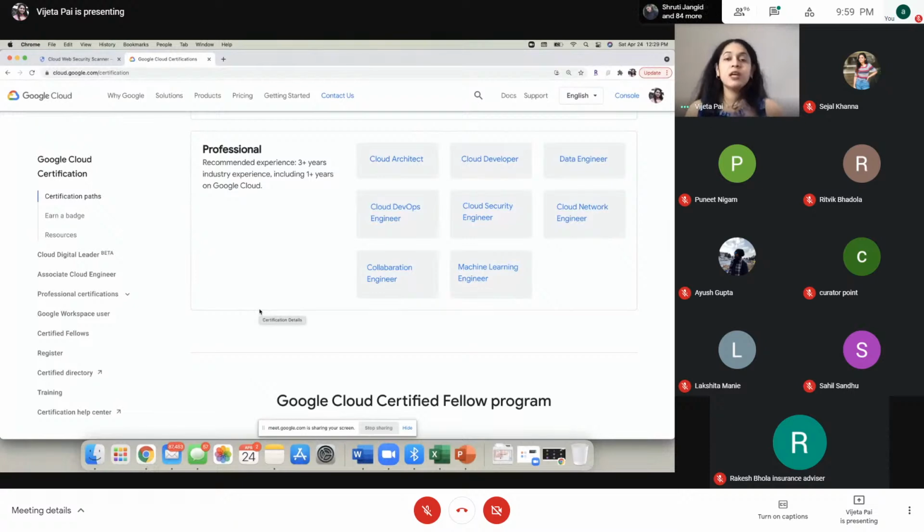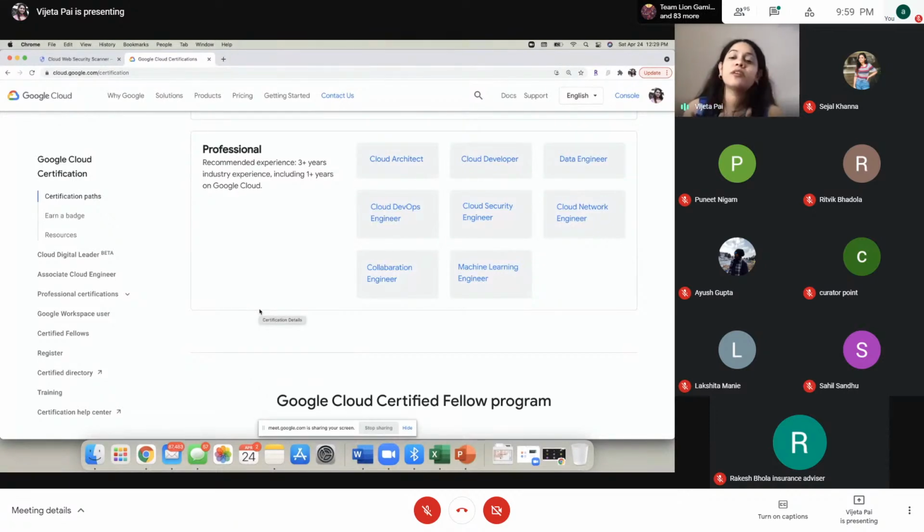And they have different questions which are based on circumstances or based on case studies or just simple choices that you need to make. So the more experience you have, the easier it is for you to answer these questions, because they're also based on circumstances and case studies. So what is the right choice? Sometimes all 4 can seem right, but you need to make the choice that complies with some of the best practices that Google Cloud has.